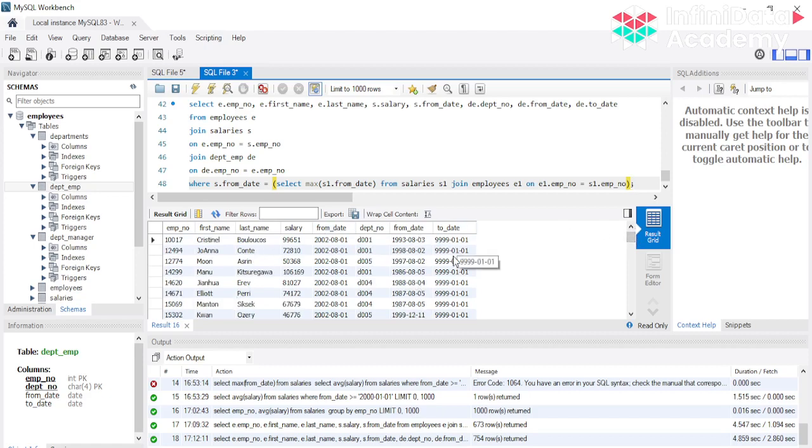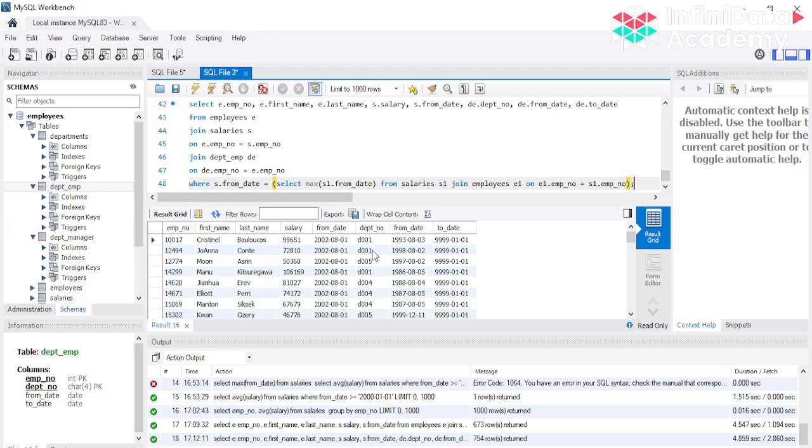To date is basically 9999. This is for the case where the current employee is still present in the same department, they work in the same department, so that's why the to date is very high over here. This is a very dummy date that has been put over here, right? So you can see their most recent salary as well as the current department of that particular employee,